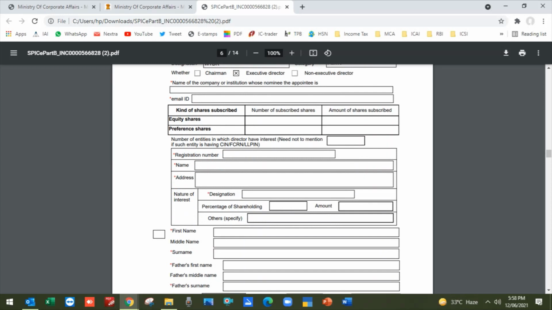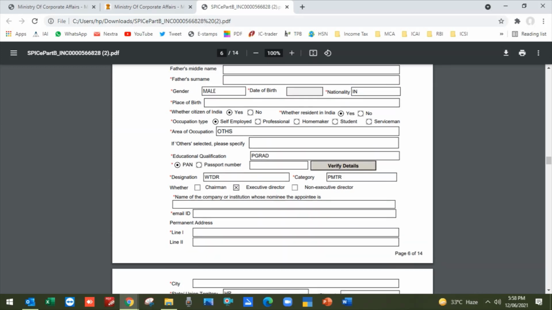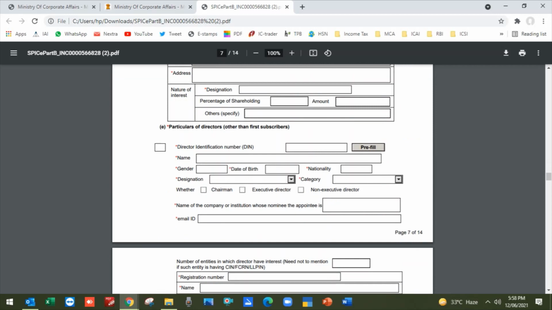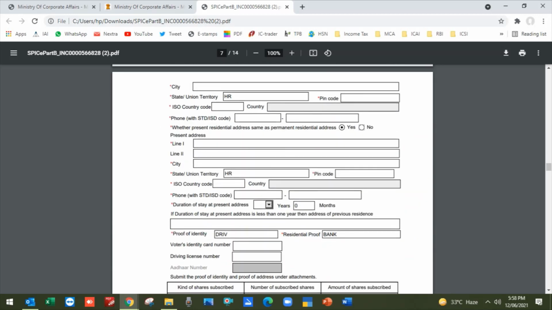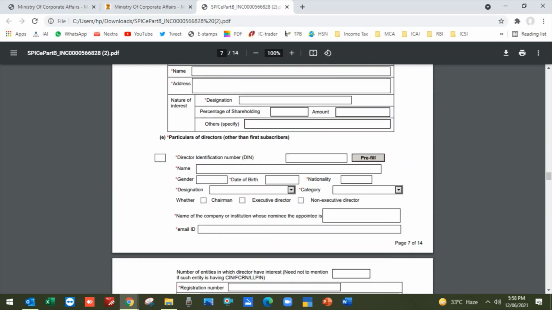For identity proof, it will ask for a driving license, passport or voter ID. For address proof, it will ask for a utility bill, mobile bill or bank statement. I prefer you go with the bank statement. Then fill in all the necessary information wherever required. Here you can see the proof of identity, driving license and bank statement.